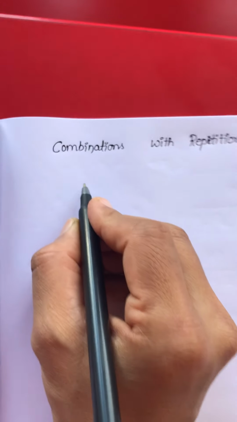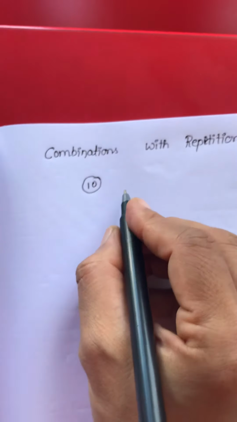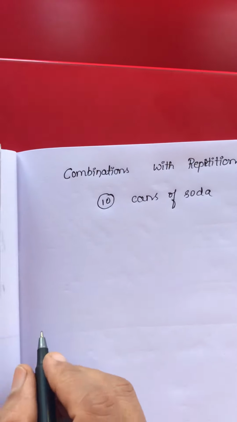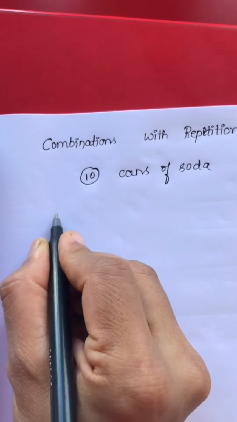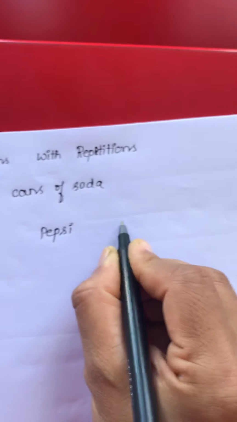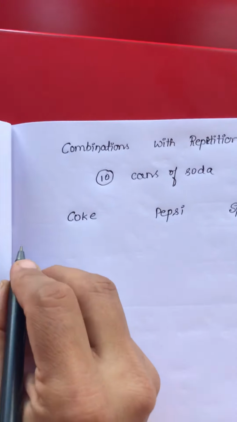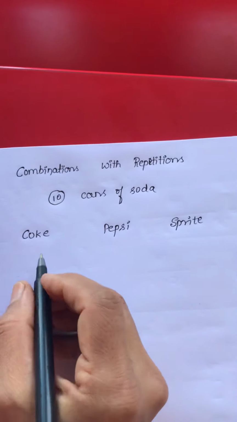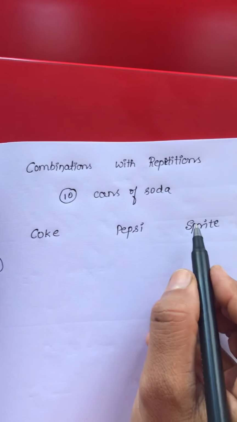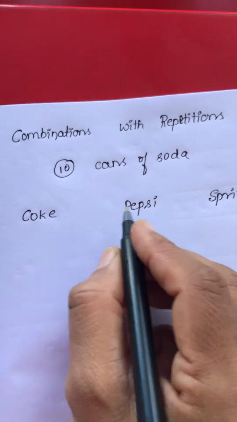So what will I do? Consider a person who wants to select 10 cans of soda from a cooler. What all the things are available? Coke is available, and Pepsi is there, Sprite. Okay, so these are the available brands. Don't worry about how many are available; enough quantities are available. He wants 10 anyway, so each of these is available in more than 10 quantities. More than 10 cans are there in each category.